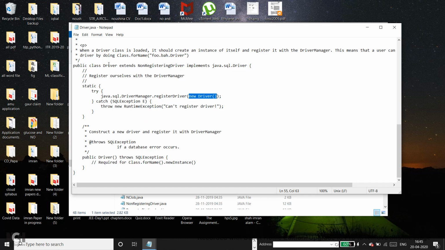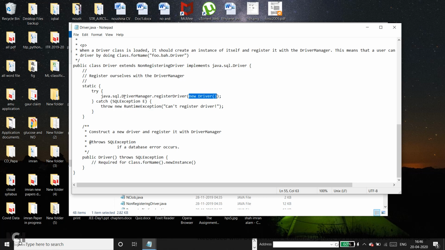This is the driver class, and it's creating a new instance of itself, an anonymous object of it. I am not providing it with a name, I am not assigning it to a variable, that's anonymous. So I am just creating a new object, and then after the creation of this new object, it is being passed to the registered driver method of the driver manager class.